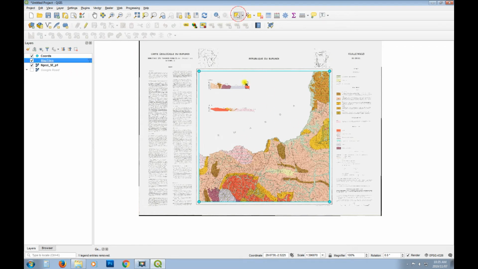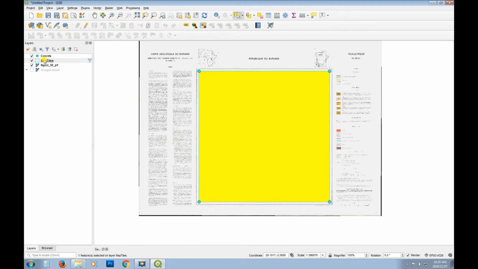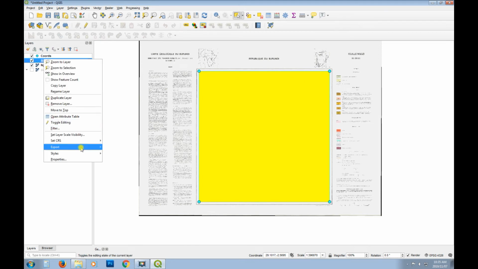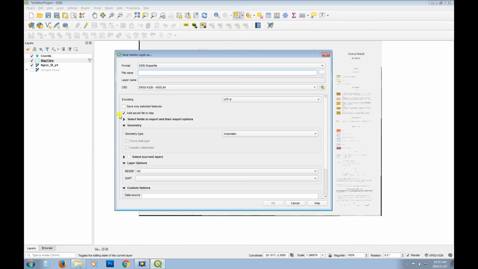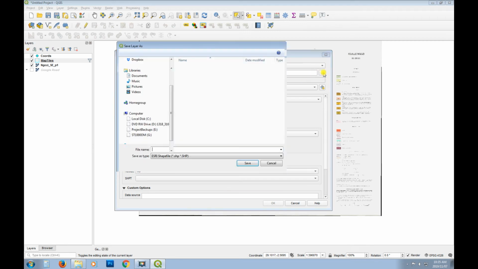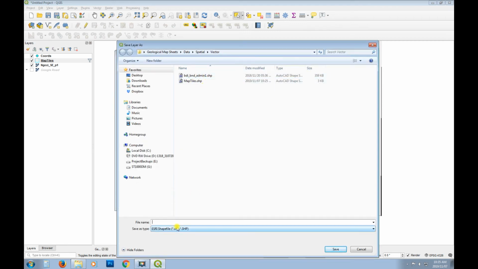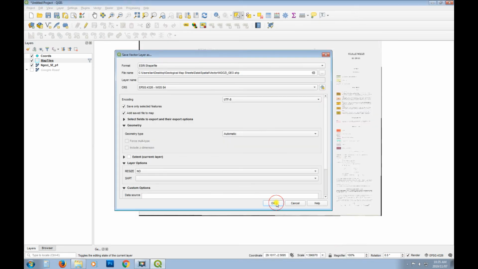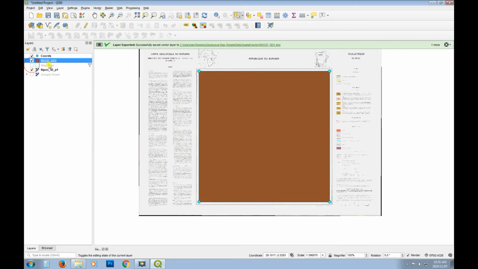Okay, let's go and select this, and it's called Ngozi, so I'm going to go export, save selected features, and let's just call it Ngozi Geo. Alright, we'll say OK, and there you go. So now this is a polygon on its own. The map tile, the original grid,